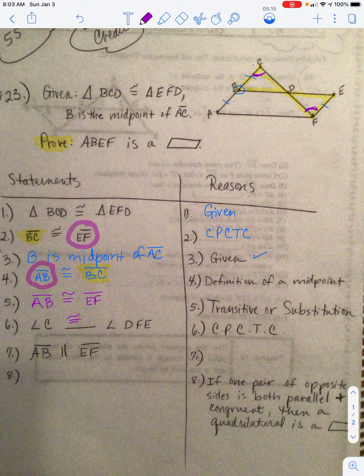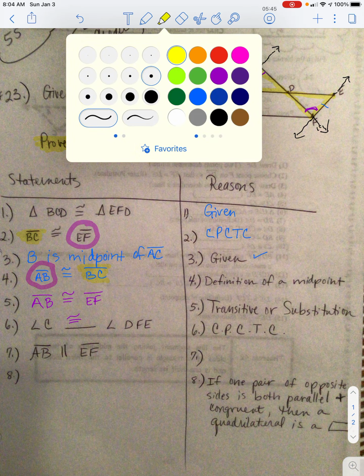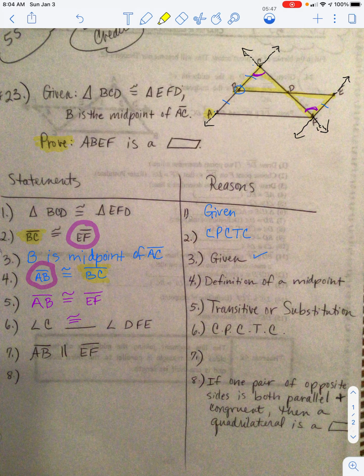Now notice something here. If I were to extend out this line right here, put a little arrow here, if I extended those out, I want you to think about what that could be looking like. That is a transversal. So let's bring this line out and this line out. And we'll pull this one out too because you'll be able to see it a little better for the way that we used to make parallel lines. So you'll notice that AC is a parallel line. Look over here. Let me highlight that for you in yellow. Here's A and here's C. So this line right here, actually let me do it in a different color. We'll do it in pink. This line